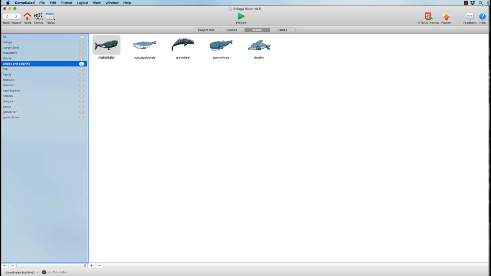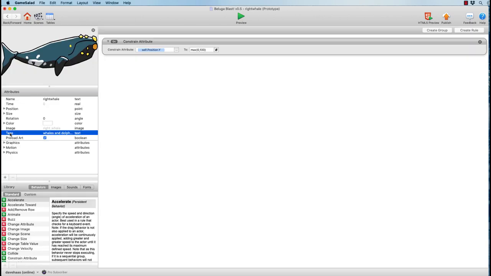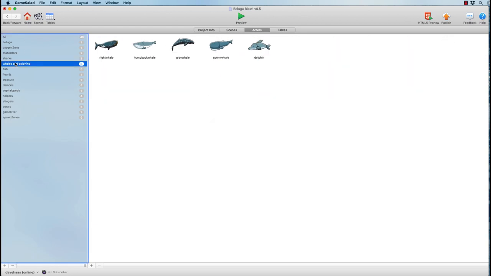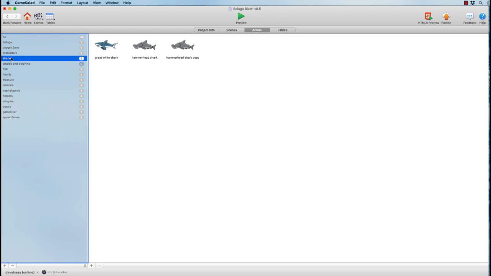And if you look in the right whale, you'll see the tag is whales and dolphins for this animal. If you look, we have whales and dolphins is one container object, but we also have sharks. And right now we have 3 objects in here. There's a great white shark, a hammerhead shark, and then a copy of a hammerhead. We made a copy of this a little while ago.